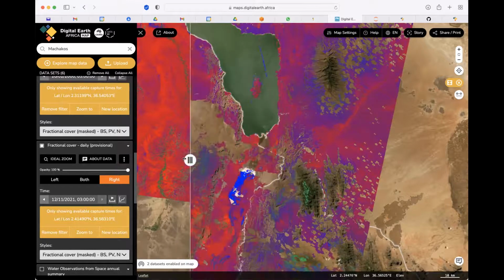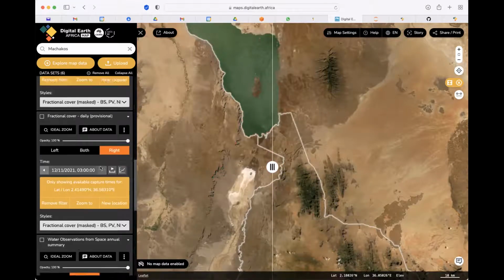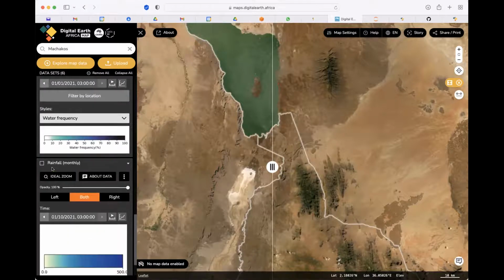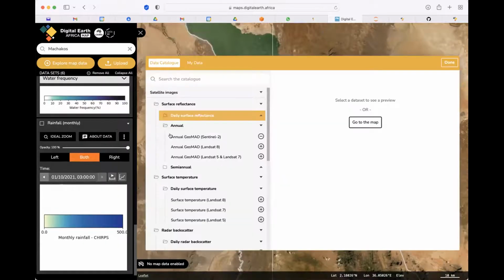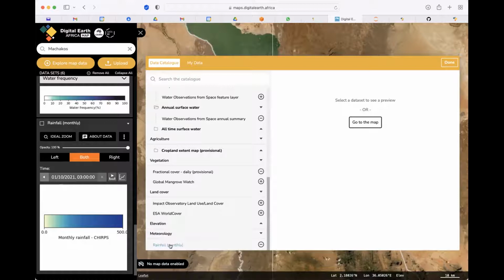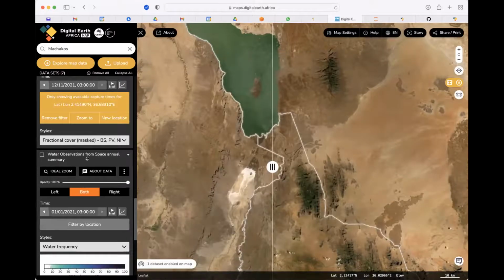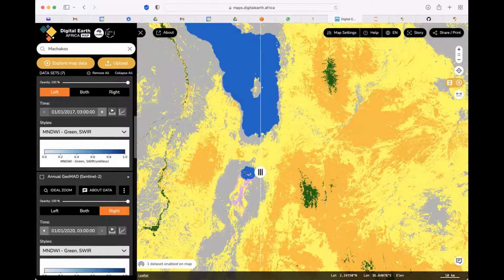So it's quite relevant. And maybe you might want also to support that using the annual water, the WOFS product, which I've loaded one here in the bottom, or even the CHIRPS data, which is available. Maybe just a question is whether you know where it is. So the rainfall data is here below on the meteorology. We've added the rainfall data. And also you can compare with other land covers like the European Space Agency land cover, just to add to this information to see how relevant it is. You can see it actually picks the water body slightly on the north part of it.